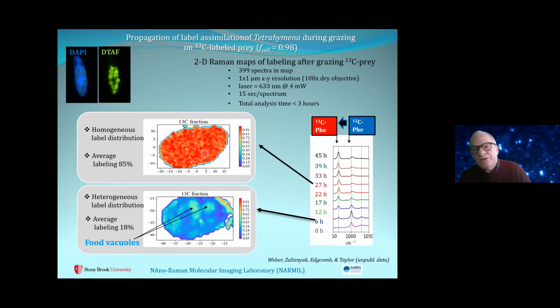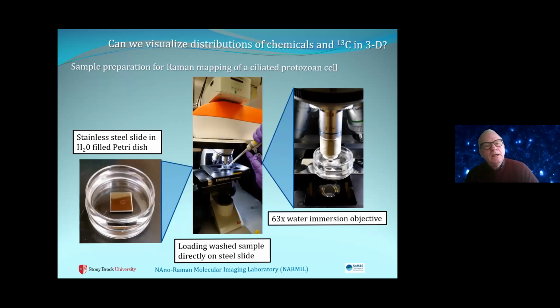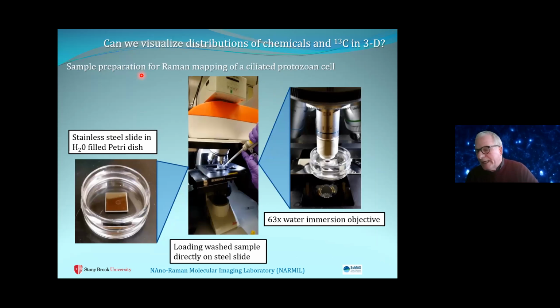So you can imagine that we can do these experiments over finer timescales to really trace the locations of the stable isotope. To produce one of these maps takes about 3 hours. Each map has just under 400 spectra to produce it. Basically we're doing it at 100x magnification. Okay, we asked ourselves after this experiment, seeing that map in 2D, can we do similar things in 3 dimensions